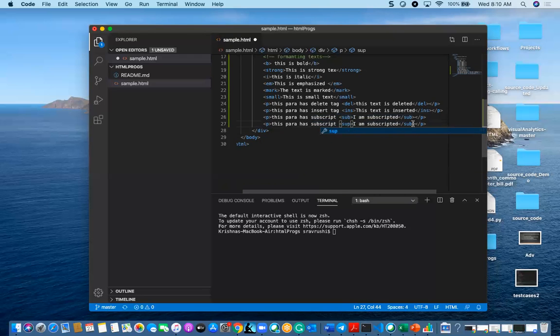Superscript. Okay. This one is superscript.